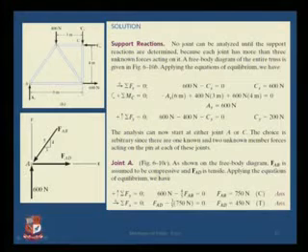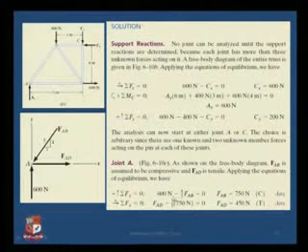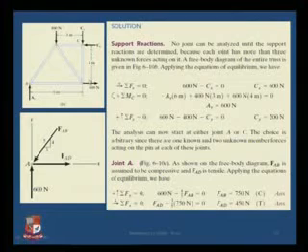And I have assumed FAB to be compressive and FAD to be tensile, and I am applying the equations of equilibrium, that is summation Fy equal to 0 first of all. So 600 Newton, that is going upward, to be positive, minus, now see, instead of finding out the total angles, what I am using is the vertical and horizontal distances to find out the components of the force. So here it will be 4 by 5, because this length, if you use the Pythagoras theorem, will come out to be 5, which is shown here. So this is 4, this is 3. So I have taken it as 4 upon 5 into FAB equal to 0, which will give me FAB equal